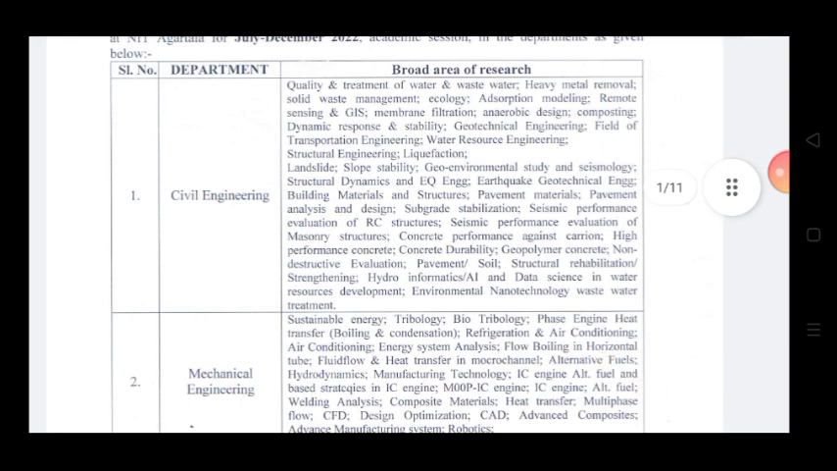The departments you can apply to, you can see in this matrix. On the left side they have given the department list, and on the right side the department-specific areas. Like you can apply for civil engineering. In that, the broad areas of research are quality and treatment of water and wastewater, heavy metal removal, solid waste